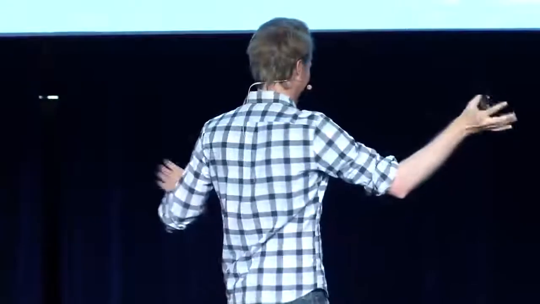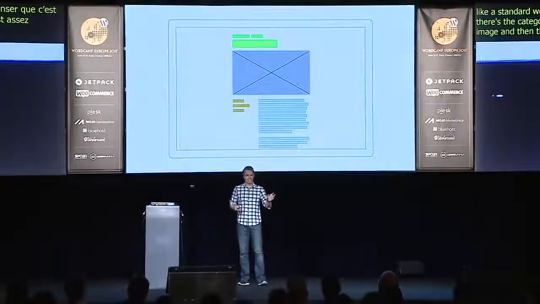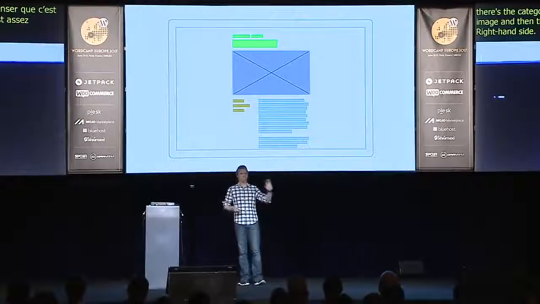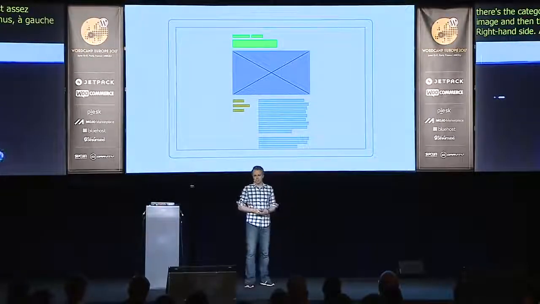And when you look at it, you go, yeah, this looks like a standard web design. It's fairly basic. It has some interesting stuff, like there's the categories and title at the top, and then you have the featured image, and then you have the meta content on the left-hand side, or right-hand side, and then the content itself. And you go, yeah, sure, this is relatively easy to do. Except,